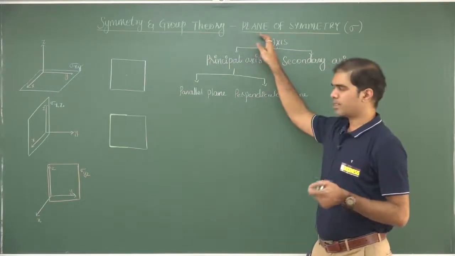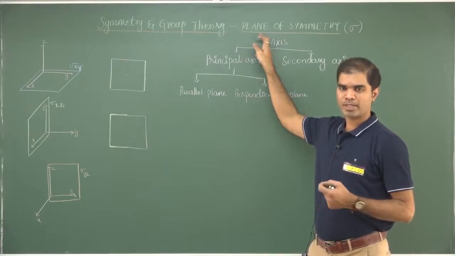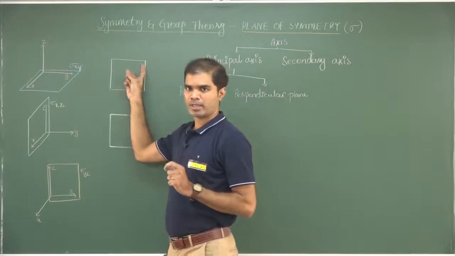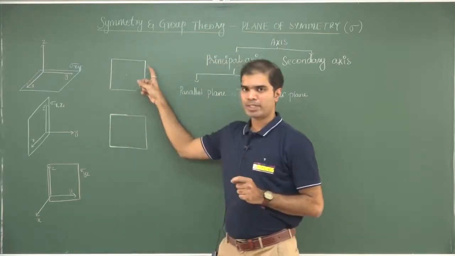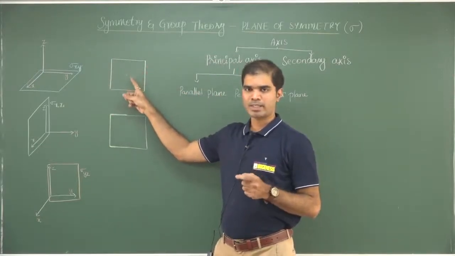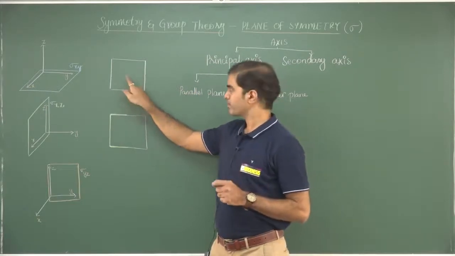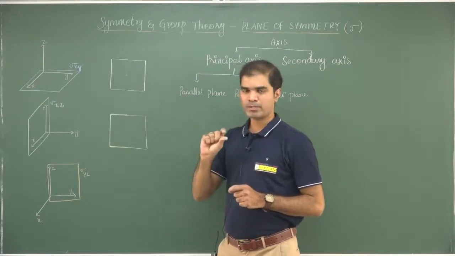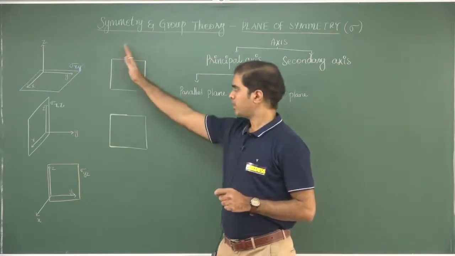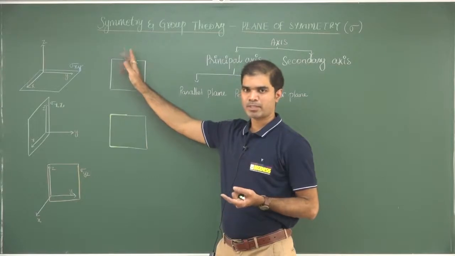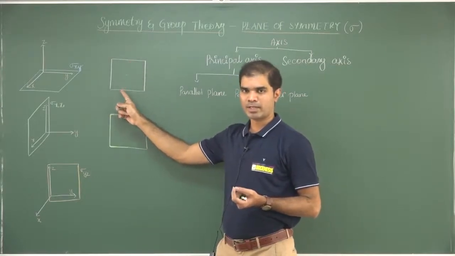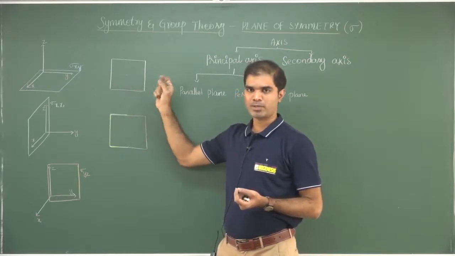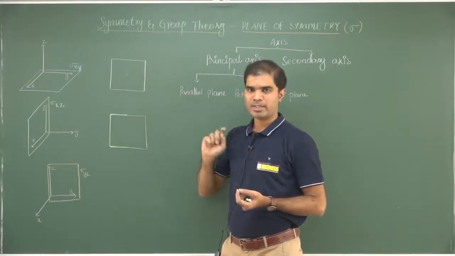So a plane is a symmetry element which is purely imaginary and that passes through the center of a given entity. I have taken a square that has to pass through the center. Whenever I say center, that center is the center of gravity. Supposing that this is the center. Okay, now with respect to this I am giving you the perfect definition. A plane is an imaginary symmetry element that passes through the center of gravity of any given entity, bisecting the entity into symmetrical halves where each half is a mirror image of the other. That is the standard definition.